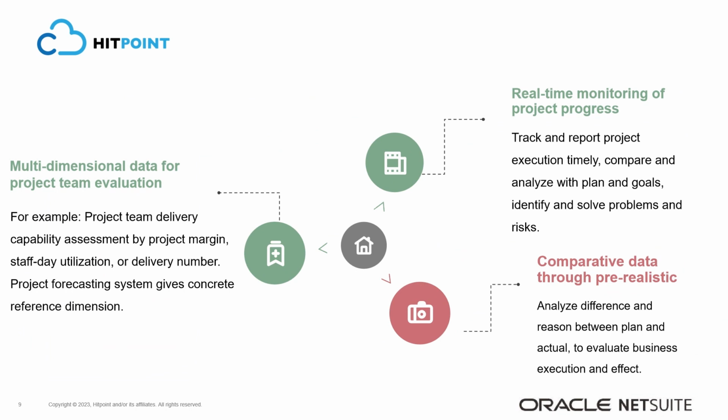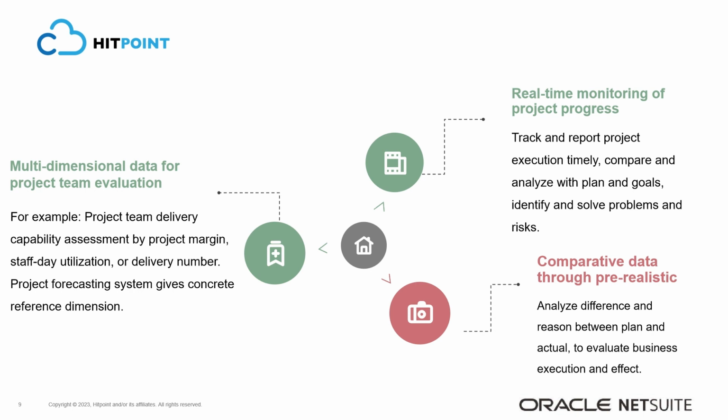Going back to the beginning of the video, how would our project budget management system help companies solve the problems mentioned earlier? First, real-time monitoring of project progress, timely tracking and feedback on the actual implementation of the project, comparison and analysis with the project's plans and goals, and identification and resolution of problems and risks in the project. Second, compare data by forecast and actual, analyze the differences and reasons for them to assess the performance and effectiveness